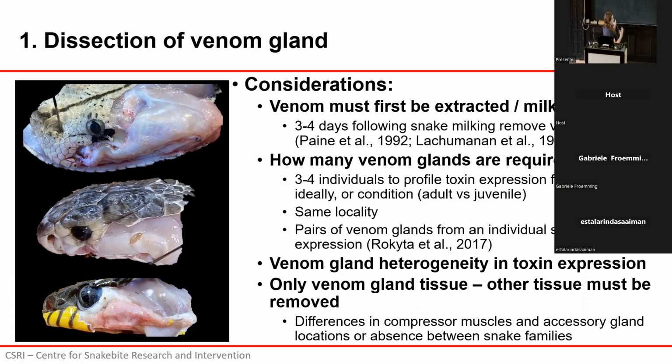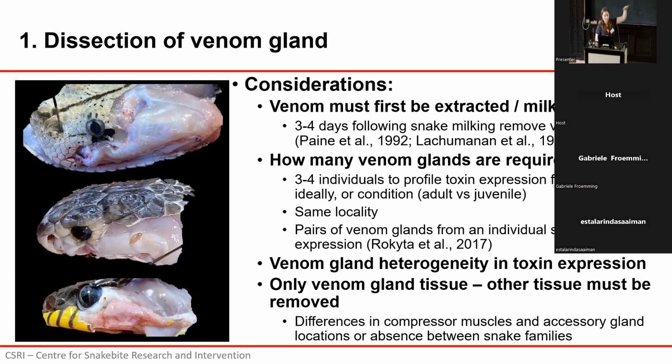And also, RNA-seq and transcriptomics in general is a very sensitive technology, because you're looking at gene expression. So if you accidentally get muscle tissue in there, then you'll be looking at gene expression in that muscle tissue, which is obviously not going to be producing toxins. So it's very important that you're only getting the venom gland tissue. And so actually at the Liverpool School of Tropical Medicine, we just have a couple of individuals that are trained to dissect out venom glands, for instance, to really make sure, especially in the case of those vipers,